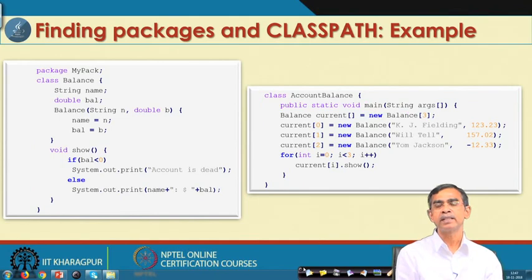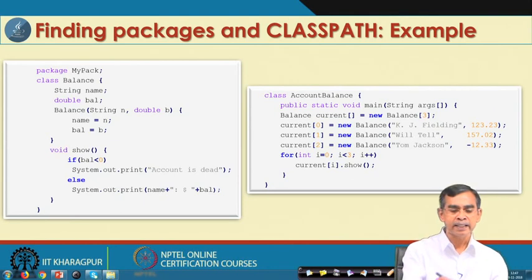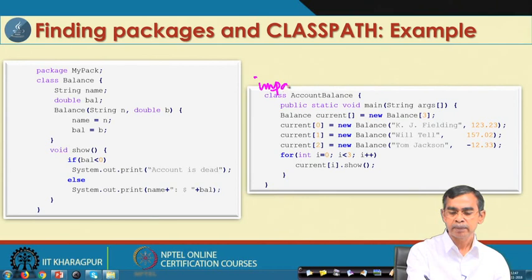So, this gives a simple example that a class can be created, stored in a package, and that class can be utilized in any other Java programs as if it is your own defined class. So, this is the concept. Then, if we set the class path of this mypack, there is an import statement that you have to write. Here the import statement is missing.